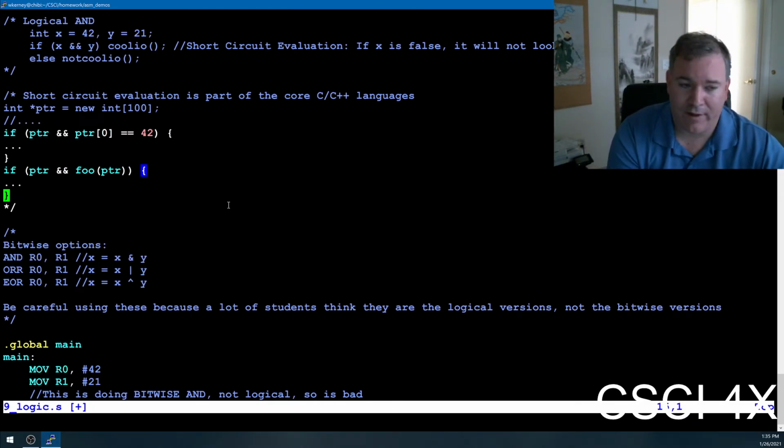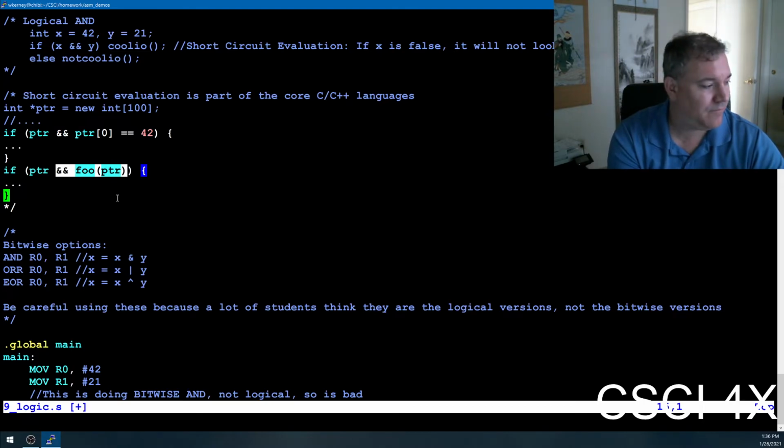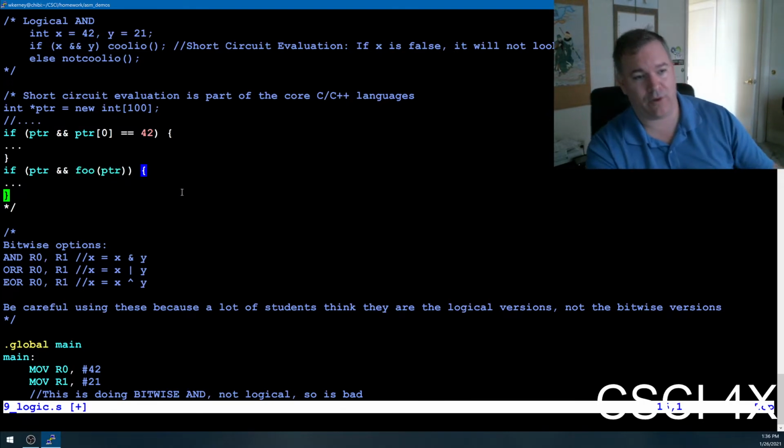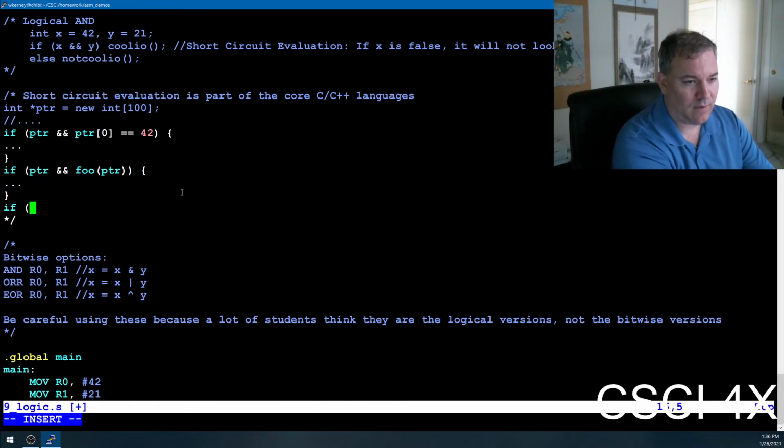Okay, so short circuit evaluation is a way of guaranteeing this will not get called unless pointer is not null. Are you guys with me on this? So if pointer is false, it will not do the second comparison. Yeah. And then short circuit evaluation also works for ORs. So if A ORed with B,